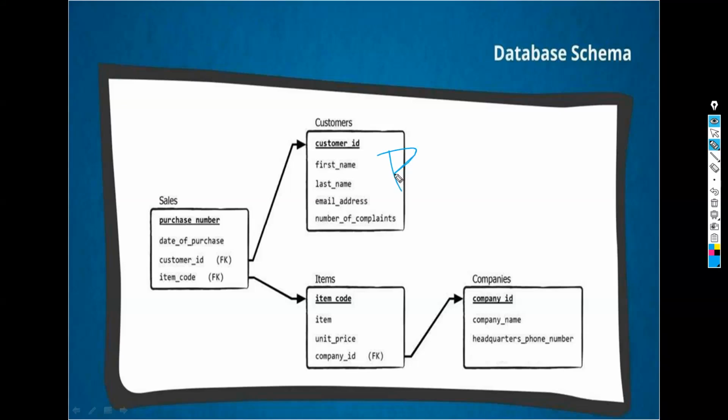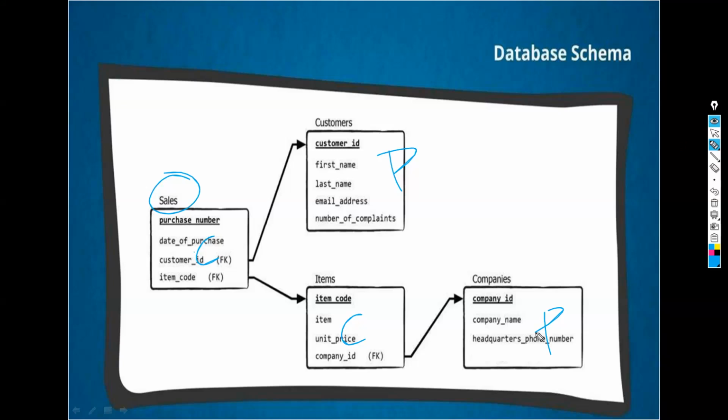This is parent. What about this one? Is this parent or child? This sales table is a child table. What about the items table? Child. What about this company's table? Parent. Now why is it called parent? Why is it called child? You'll understand in simple words. I'll show you clearly what the reason behind that is.